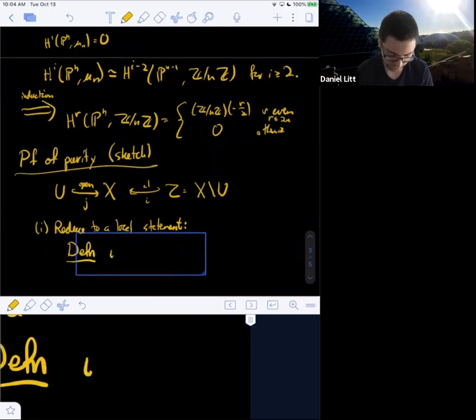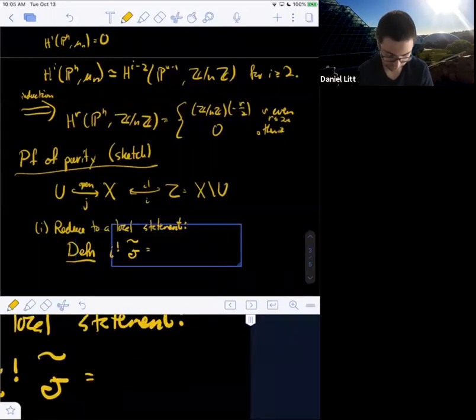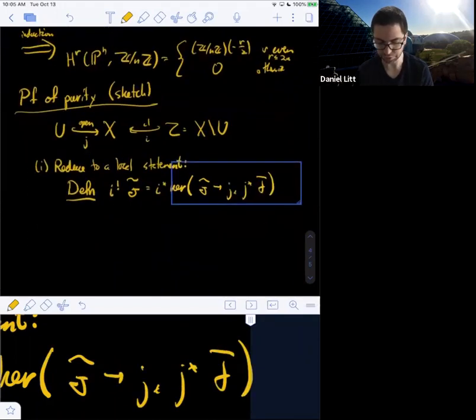So I'm going to define I upper shriek of a sheaf F, as in the statement of the theorem, to be the following. It's the pullback to Z of the kernel of the natural restriction map from F to J lower star of J upper star of F. Okay, so what is this map?